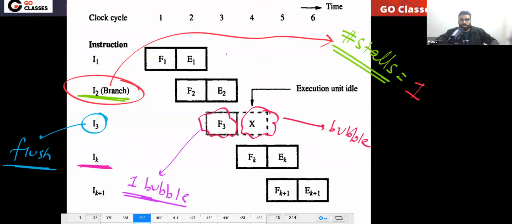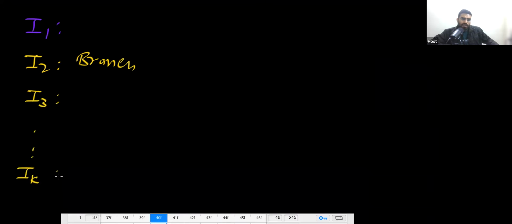So tell me how many stalls you got? You got one stall. Why did you get one stall? Because branch was resolved in the second stage. Is this clear? See, this is your I1 normal instruction. This is your I2, which was the branch instruction. This was I3 and this was IK. Now you tell me, in our two-stage pipeline,